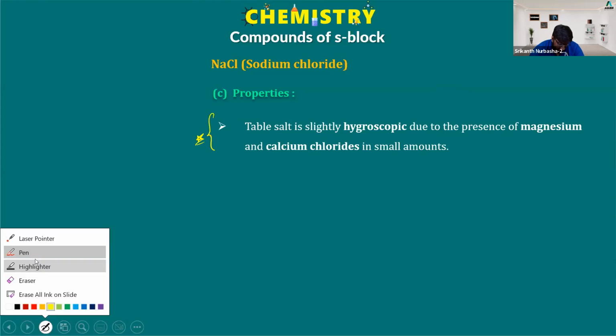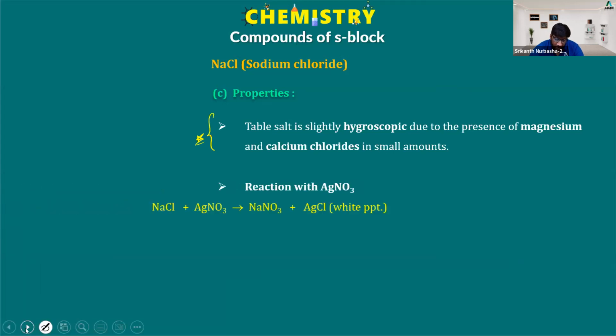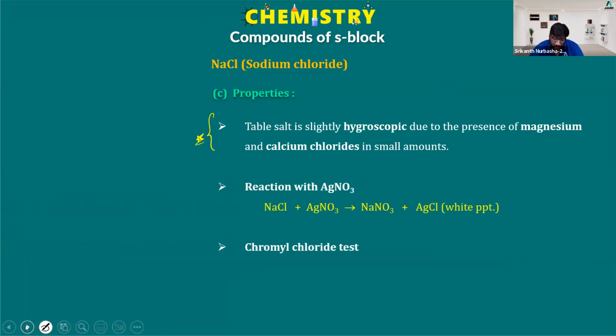And what type of reactions are going to happen? Reaction with AgNO3 and the chromyl chloride test. NaCl, that is Na+ and Cl-, reacts with AgNO3 to form NaNO3 and AgCl. This is a very fast reaction. The kinetics of a very fast reaction can't be studied because it is a formation of precipitate. As soon as you add NaCl and AgNO3, immediately you will get AgCl,